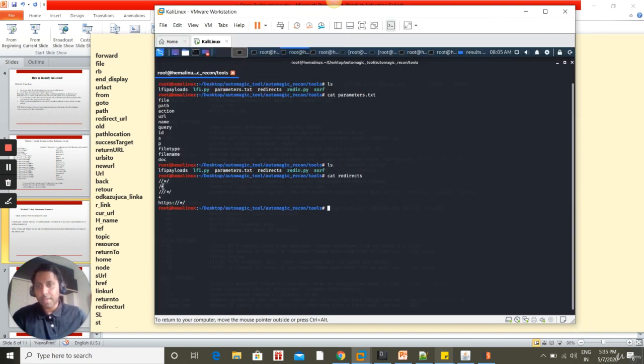So the slash slash star slash, let's say there is a subdomain redirect equal to some example.com, this slash slash star slash and then evil.com. So it will work in that way. If you click on ls and